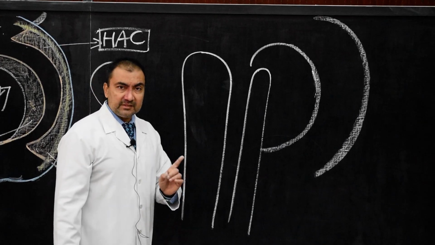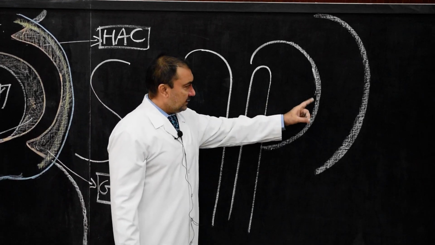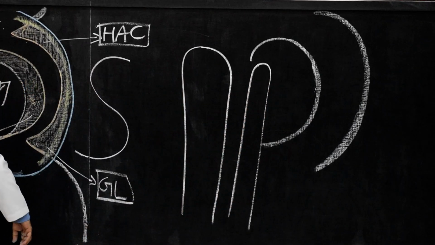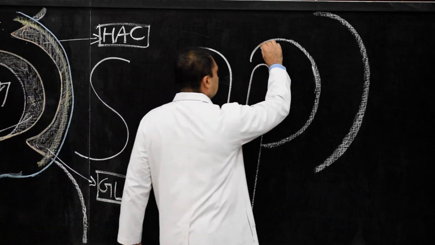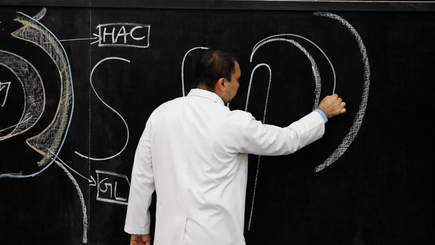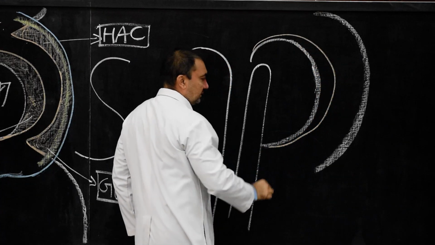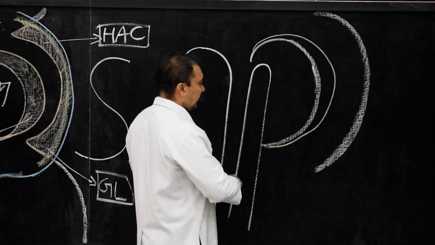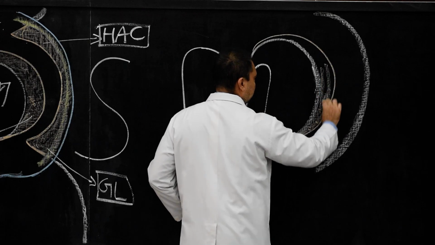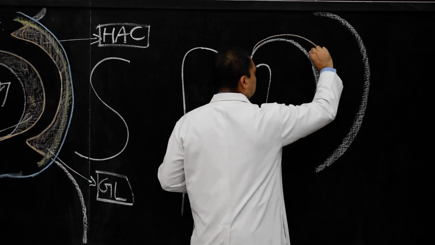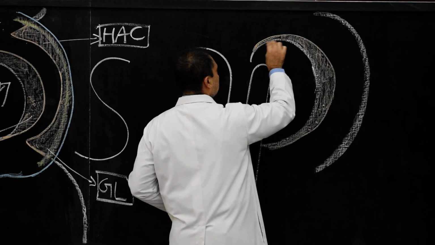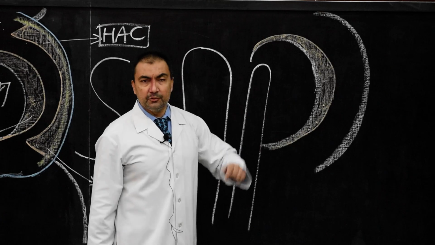Now, the head of the humerus and the glenoid cavity, both of them are covered by hyaline articular cartilages. So we have to cover these two hyaline articular cartilages. Here we show, this is the head, peripheral portion is thinner and central portion is thicker. This is how we show the hyaline articular cartilage covering the head of the humerus. I'll put some color inside, and here we complete this hyaline articular cartilage covering the head of the humerus.